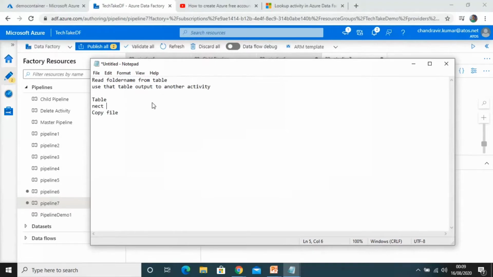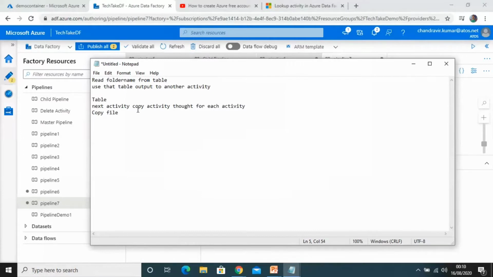So for the table, the next activity will be a copy activity that copies the files, or we can take a copy activity through a for each loop.